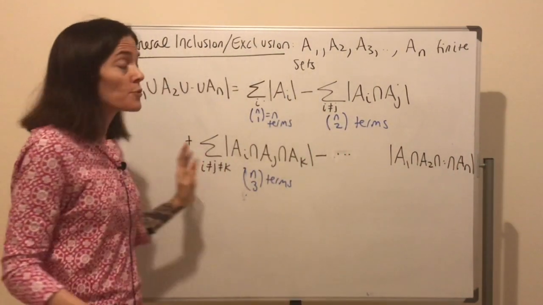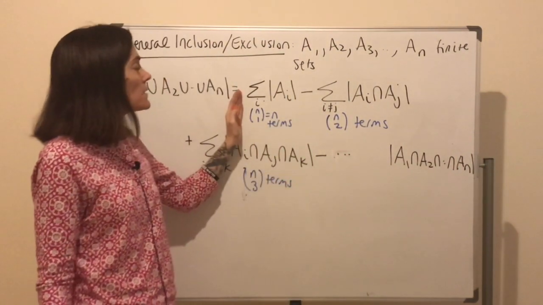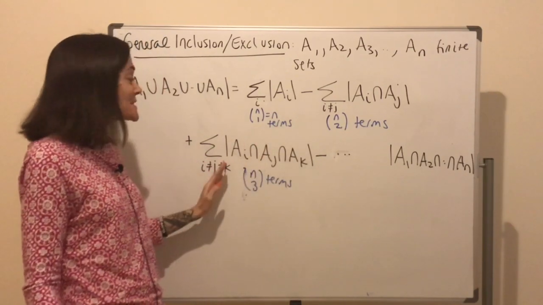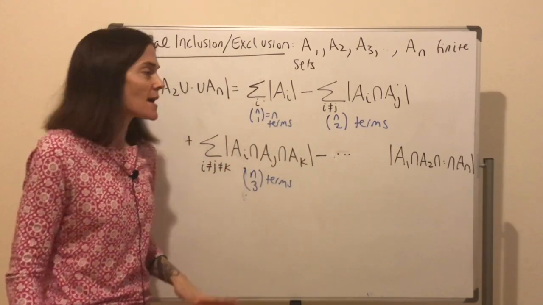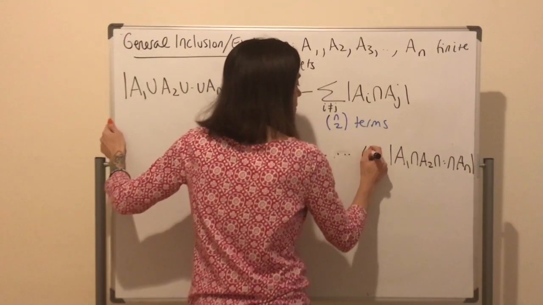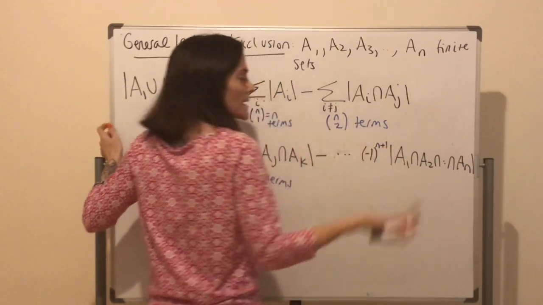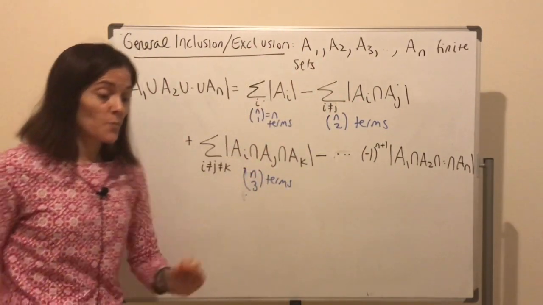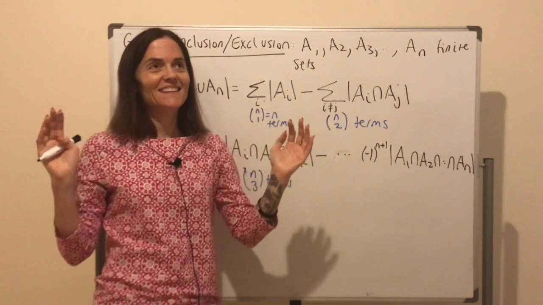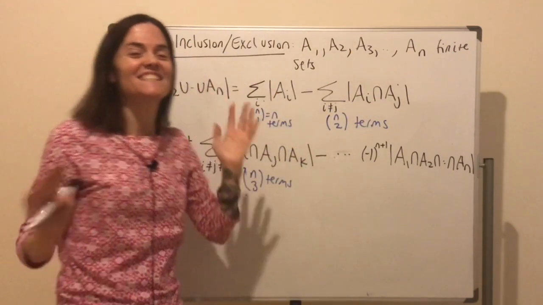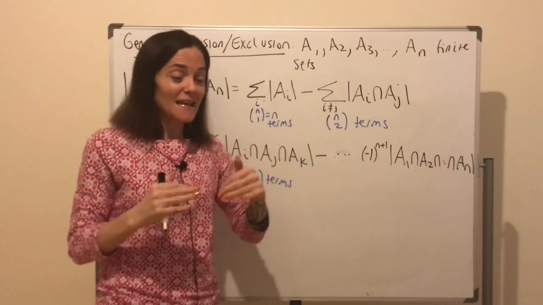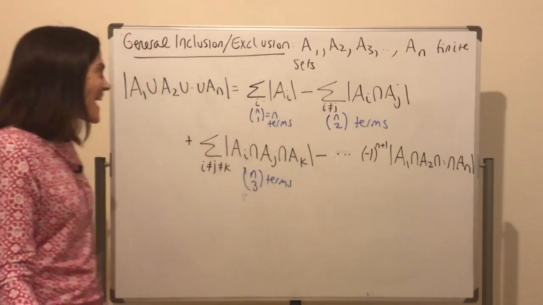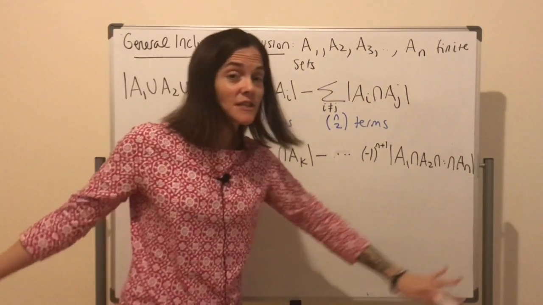And we have to figure out the appropriate power of minus 1. Here we have 1 term is positive, 2 terms is negative, 3 terms is positive. This suggests the power is minus 1 to the n plus 1, or n minus 1 is fine too. So you have all the singles, subtract off all the intersections of pairs, add back the intersections of triples, subtract off the intersections of 4-tuples. Include, exclude, until you get to the very end. And it comes with a minus 1 to the n plus 1 power. Okay, this is inclusion-exclusion, and I'm about to use it